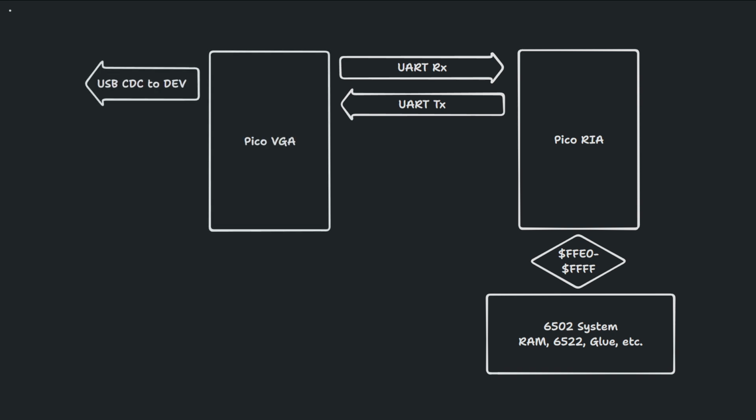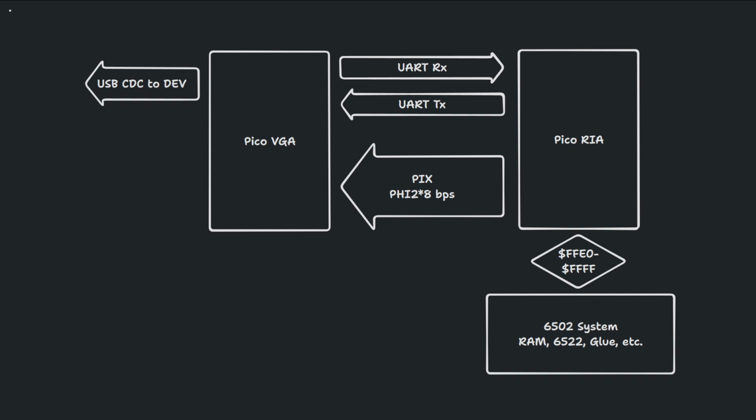The reference design adds a second Pi Pico. This is mostly used for VGA, but also handles the USB connection to a development system. It will connect to the RIA UART and convert it to USB. It doesn't use this serial connection for graphics, only standard I/O. Instead, a much faster custom PixBus is used for graphics. I covered this in a previous video. In short, it's much faster than a UART and doesn't exceed the electrical requirements of the 6502 side of the system. That keeps the circuit board design extremely simple.